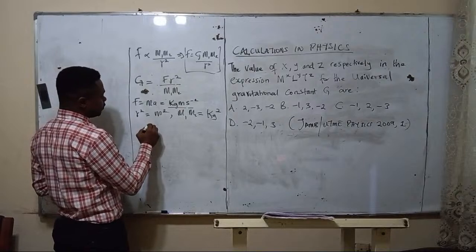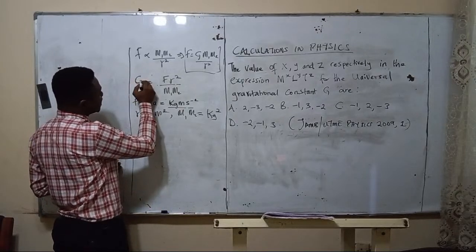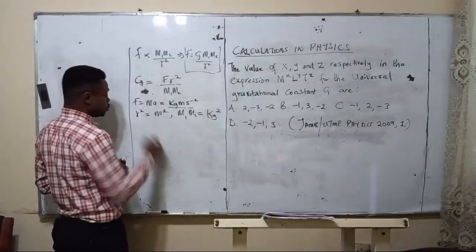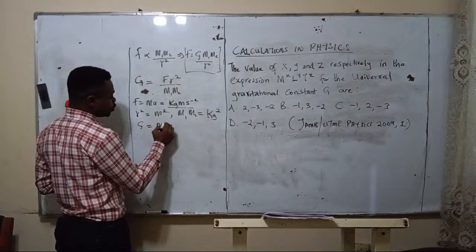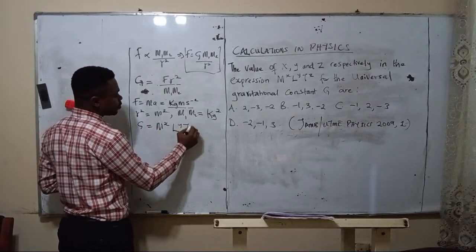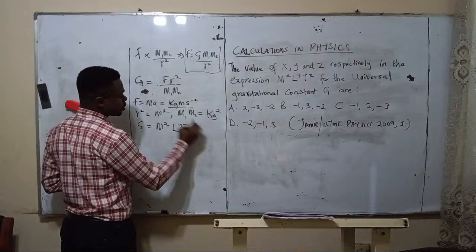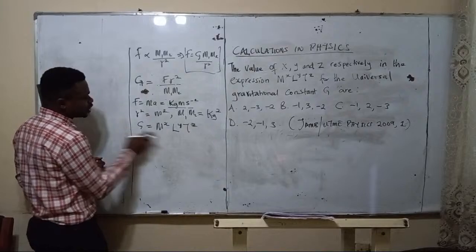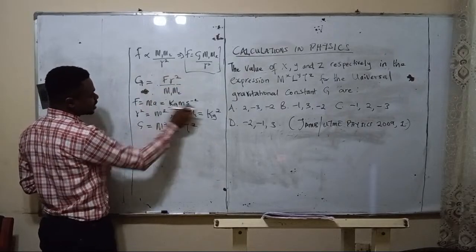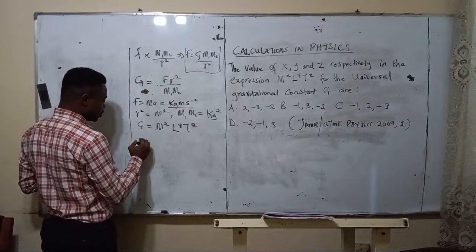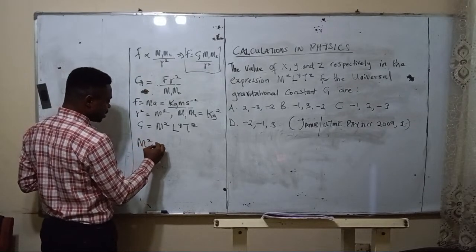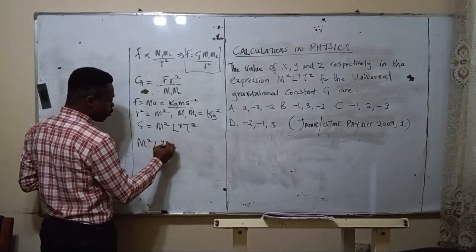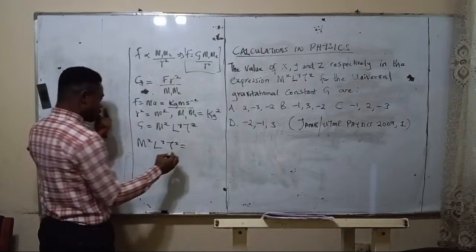So now let's fix this thing back to this. Remember we said that we don't know what this constant is ascribed to, so we can simply say that G is equal to what? We want to move it to be in this form, so G is equal to this. That's what we want to achieve. Anywhere we see G, we put this. So M raised to power X, L raised to power Y, and T raised to power Z now becomes equal to